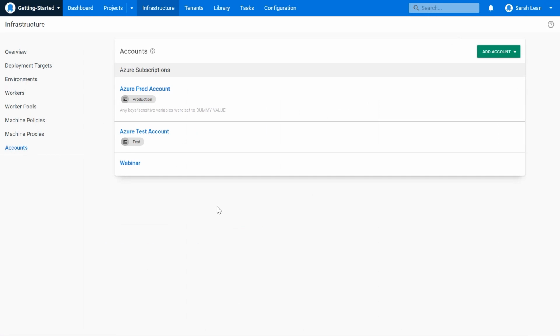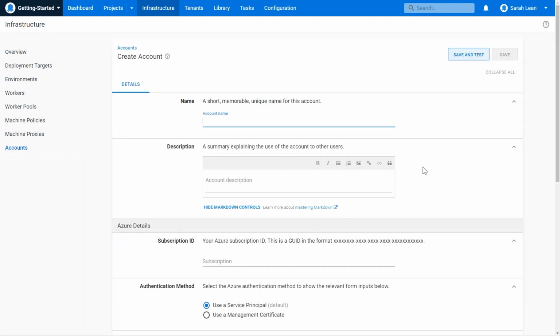Now, you could have 1 Azure account here, or you could have more Azure accounts depending on how, again, your setup is. It's not just Azure you can add, so you can add more clouds. We have availability for the AWS cloud to be added, Google Cloud as well, or you can use different ways of adding it. Setting it up is fairly easy, and a lot of this information you get from, say, your Azure subscription or your AWS subscription.